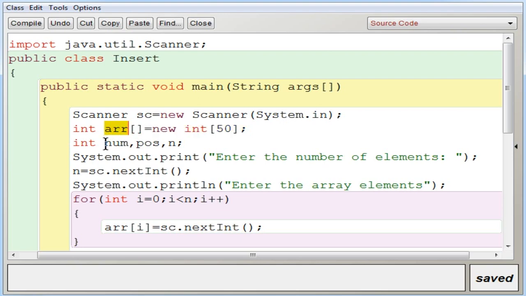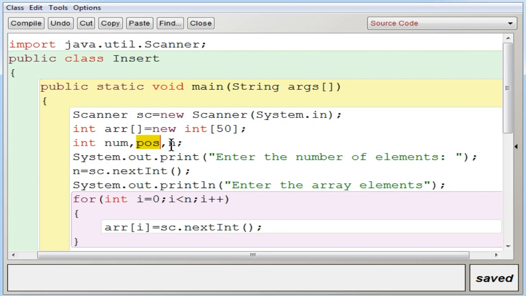Now you need some various variables here. First one is number. Okay, this variable is used to store the number you are going to insert in the position. Okay, the element. Next is position. You are going to store the position values. Okay, where you are going to insert the element. So that will be stored in POS.